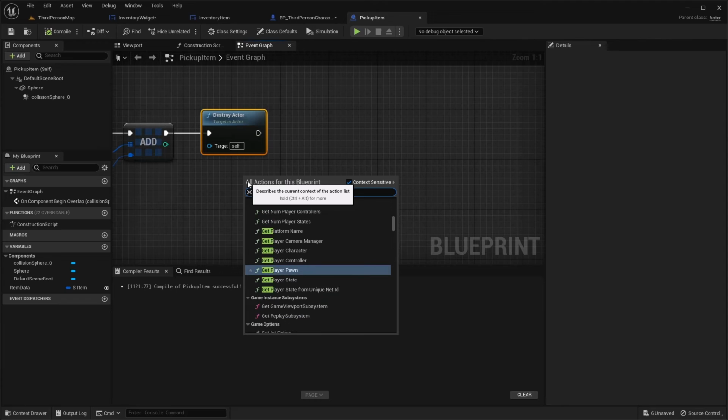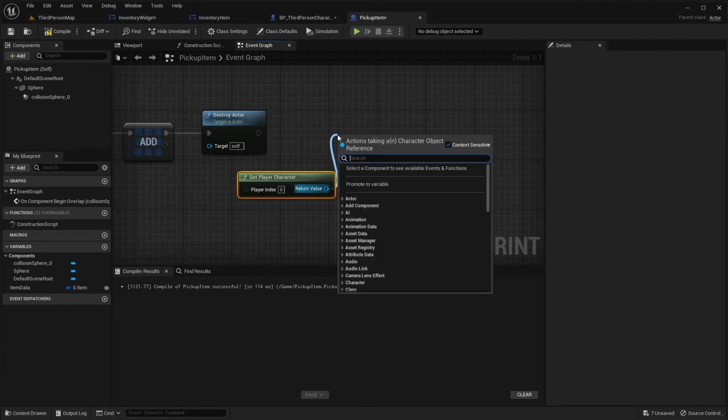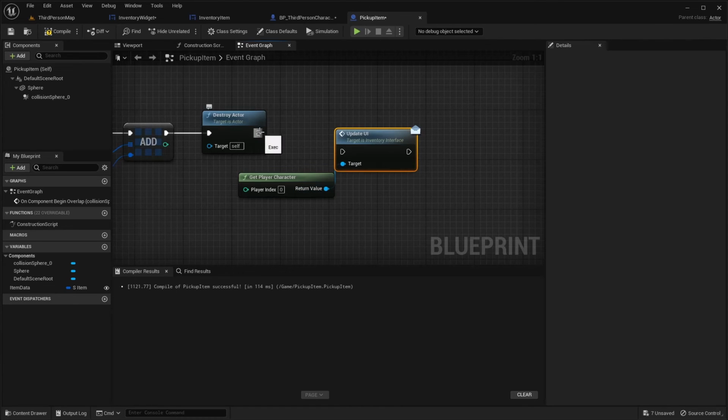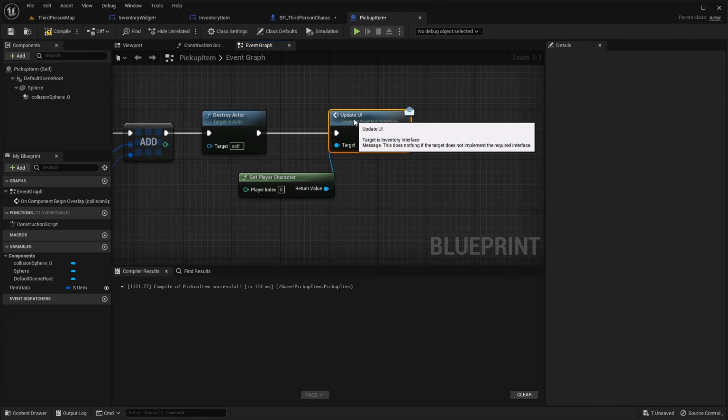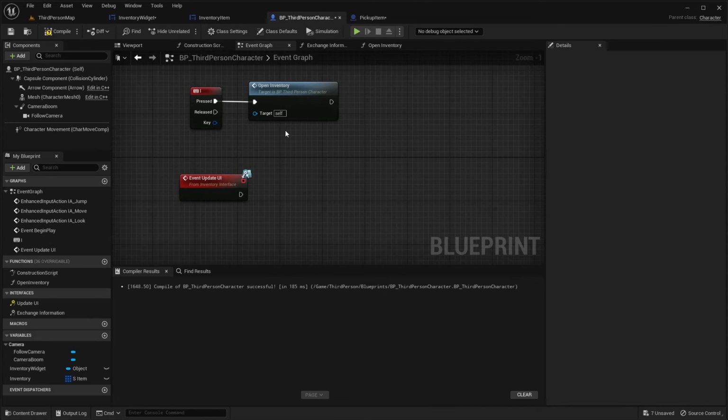let's get a reference to our get player character. And so we can run that update UI, still using that interface. So now once we pick this up, it'll run this update UI. And when we update UI,